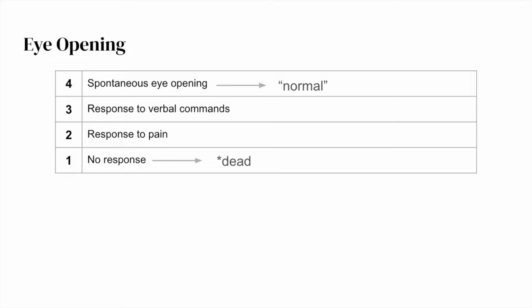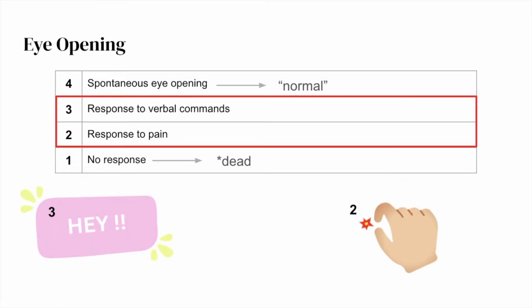But just for simplification, let's say 4 is the best, it's normal, and 1 is the worst, you're dead. Even though we know that's not actually totally true. And then if we assume that, then there's only 2 numbers that we need to differentiate. So if you think of 4 as normal eye movement and then 1 as no eye movement at all,